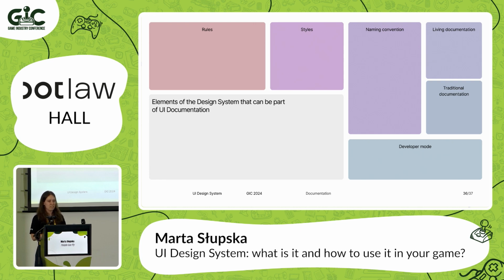But traditional documentation is also a plus. It's sometimes needed, for example, for things like padding or some information about the states, how they are working, what elements they consist of. Sometimes your technical people just need it on paper. They cannot check everything in Figma, but this is the thing to communicate with them: what they need, what Figma and its functions can help them with, and what they need the special extra thing for.